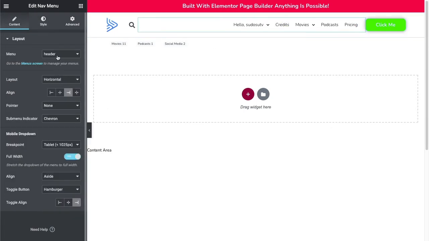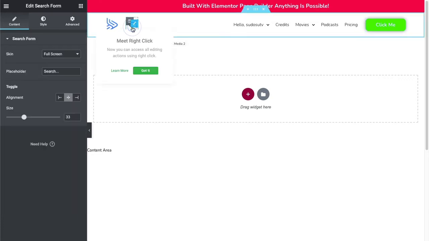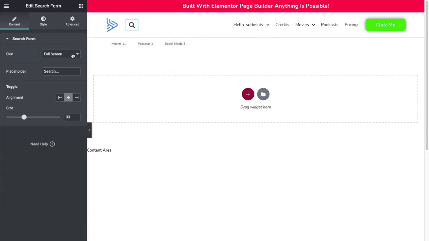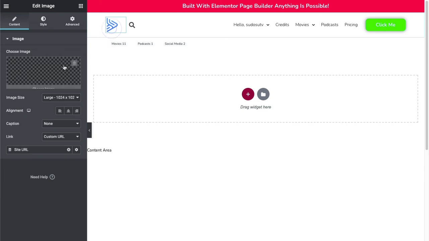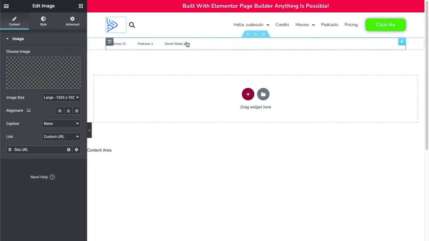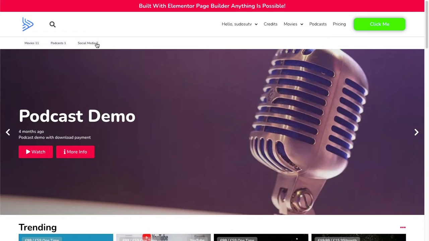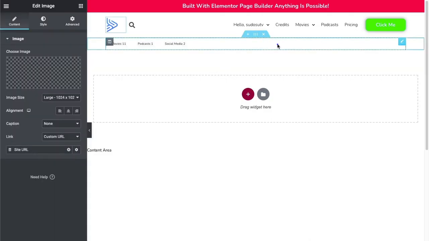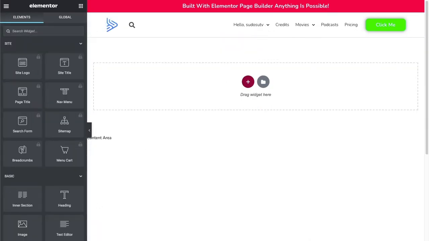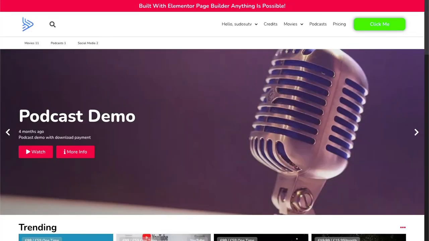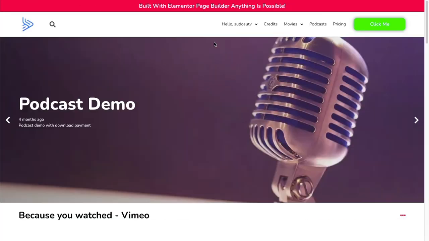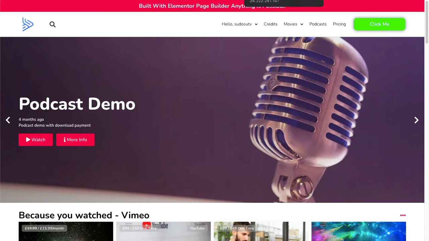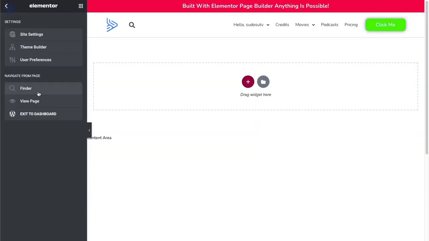The menu, it will pull in menus from a header menu that we've got set up, similar to how WordPress works. Search, it's just using the default full screen search for Elementor, and you can come in here and change the logo to whatever you want. If you didn't want the sort of extra meta tags here that go to categories, then what we could do, you can simply select the section and just delete it. Okay, so you have full control. Okay, and it updates throughout the whole website, so you can see now that that section has gone. Okay, so let's go ahead and exit to dashboard,